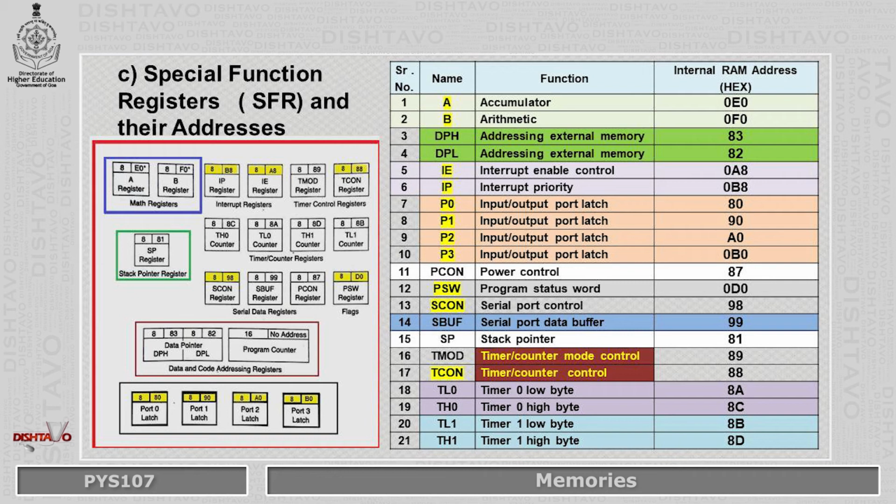Next we go to serial number 12 of the special function register table, that is the flag register or program status word. Flags are 1-bit registers provided to store the results of certain program instructions. Other instructions can test the condition of these flags and make decisions based on the flag states. In order that the flags may be conveniently addressed, they are grouped inside the program status word PSW and the power control register, which is abbreviated as PCON.